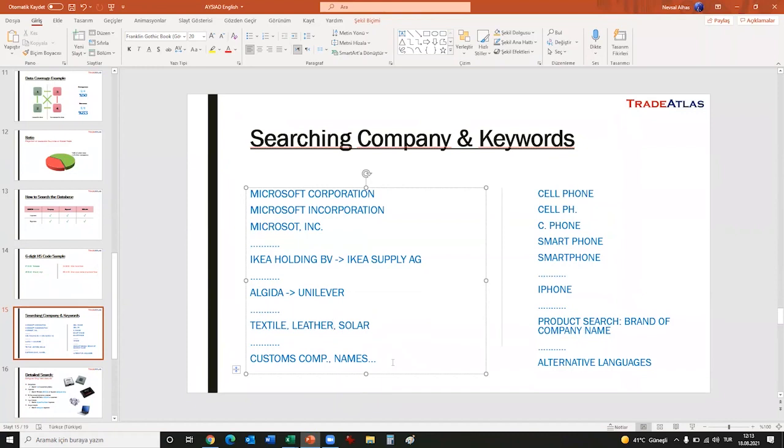The main problem with the company names is that if a customs transaction is done by a shipping agency, we are going to see their name as an importer. For example, I'm in Turkey and say you are in Germany. I send a specific product